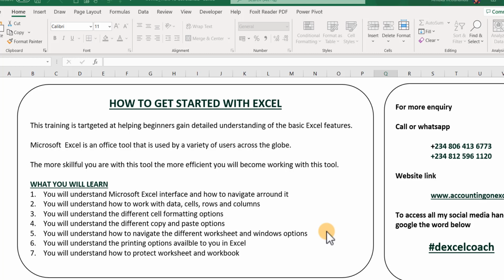Microsoft Excel is an office tool that is used by a variety of users across the globe. We have engineers, we have statisticians, we have managers, we have project managers, we have accountants, we have economists. The list is endless. This tool is a global tool, permit me to say that, used by a lot of